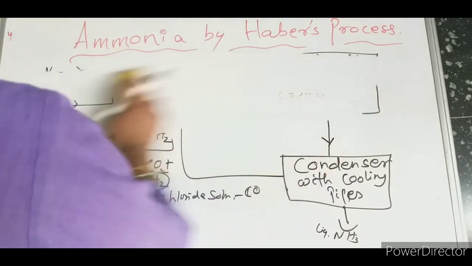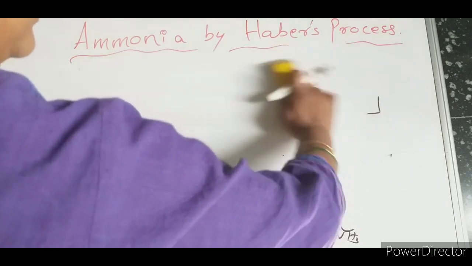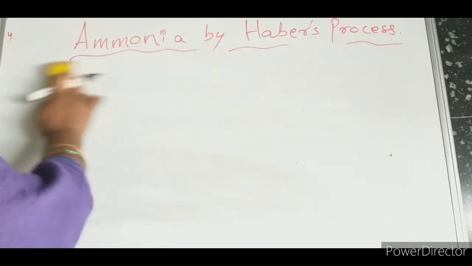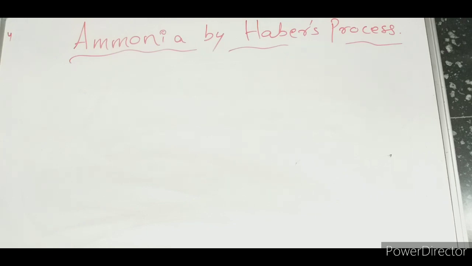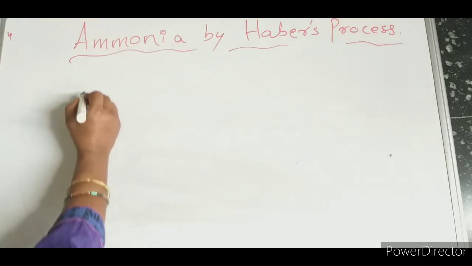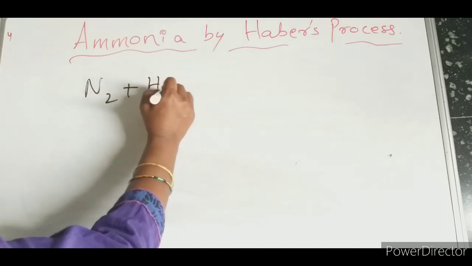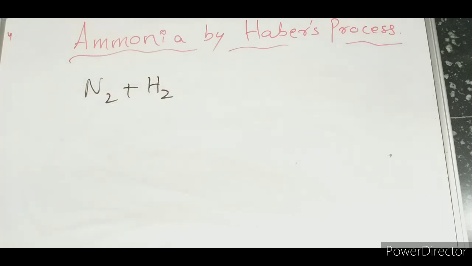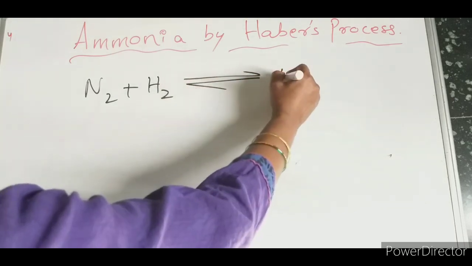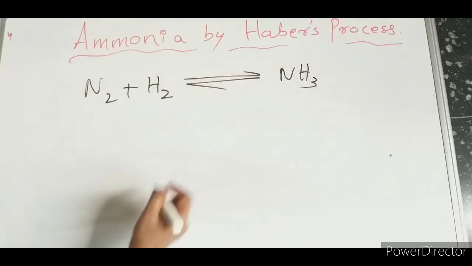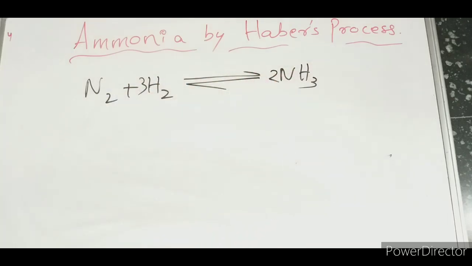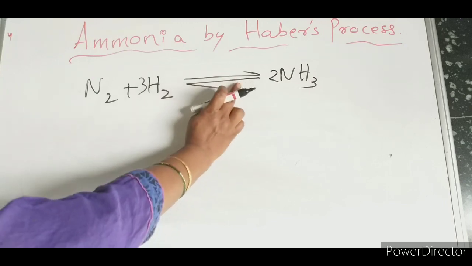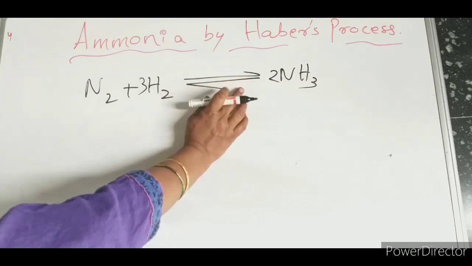See this one and try to understand this entire method, because this is very important and also an easy method, Haber's process. Now let us go to the equation. Nitrogen plus hydrogen, we have seen how nitrogen and hydrogen are obtained. Nitrogen and hydrogen give ammonia. When we combine 3 of hydrogen with 1 of nitrogen, we get 2 of ammonia. This is a reversible process depending upon the conditions.